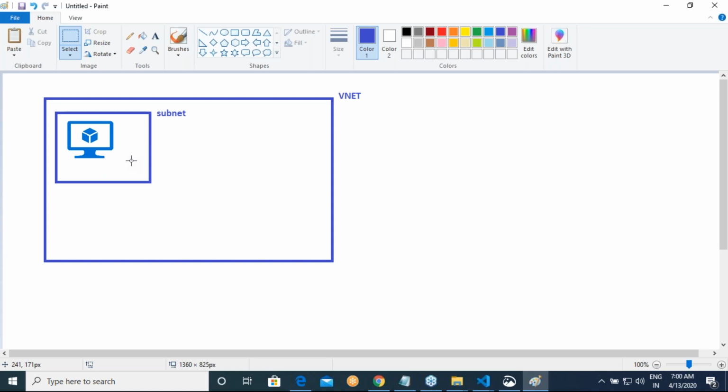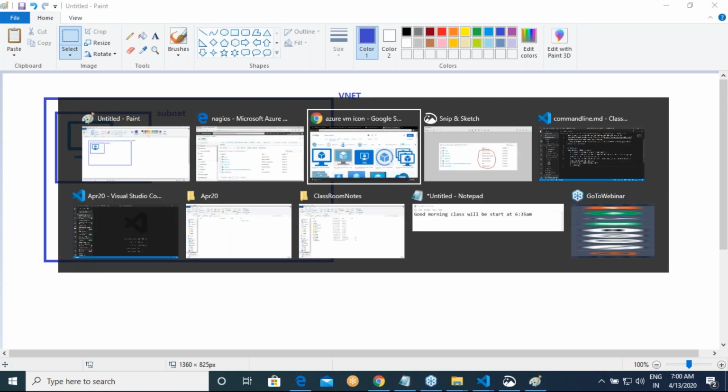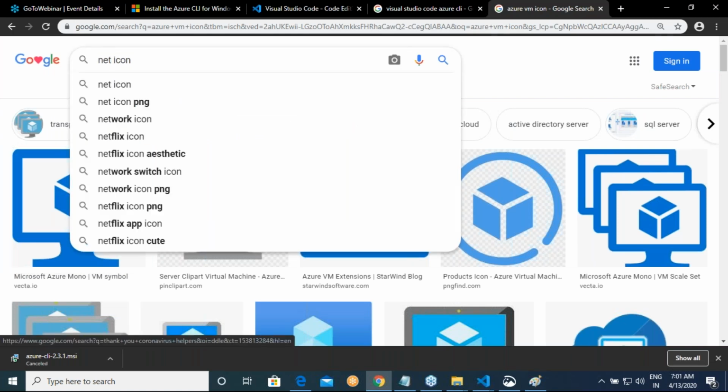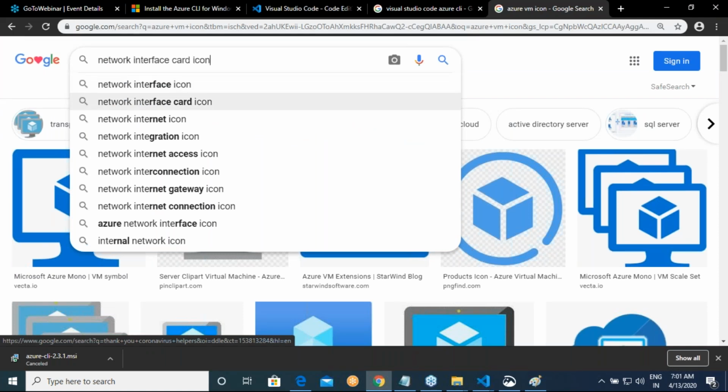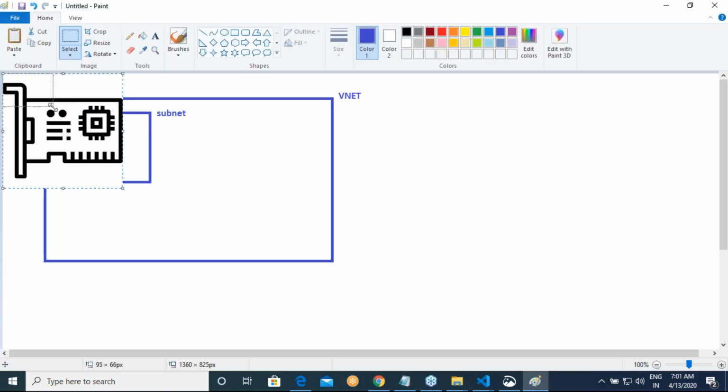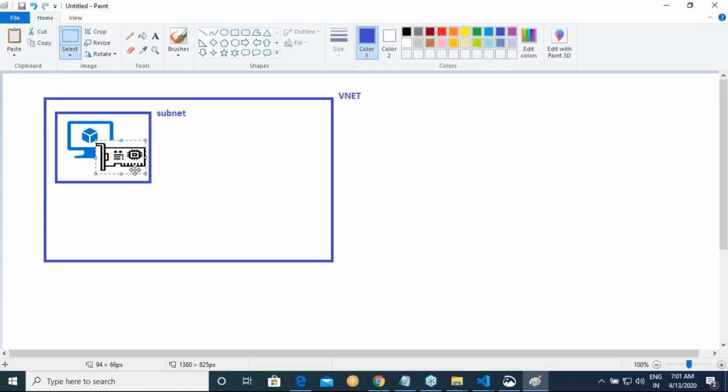Exactly for the same thing, we have something called a network interface card. This is a virtual network interface card. So we'll have a NIC.